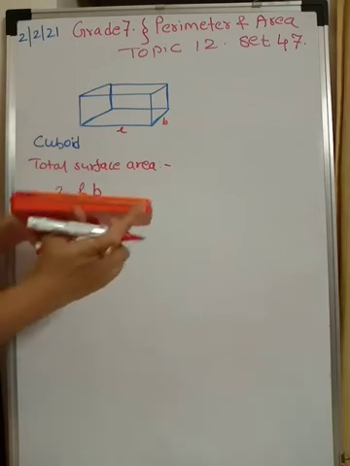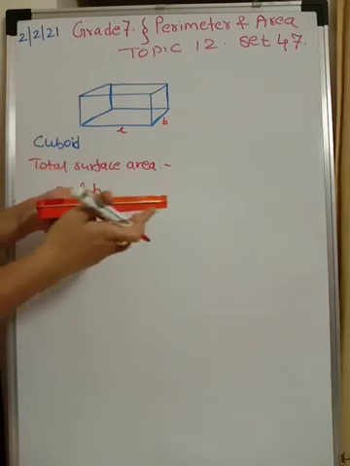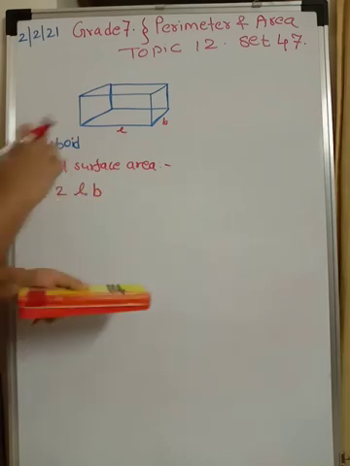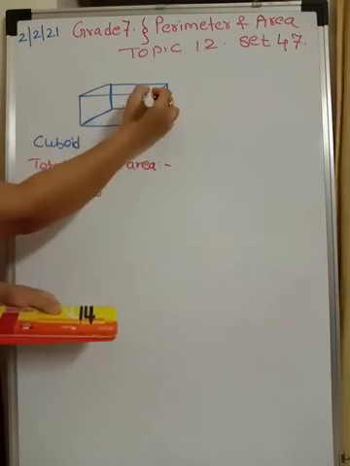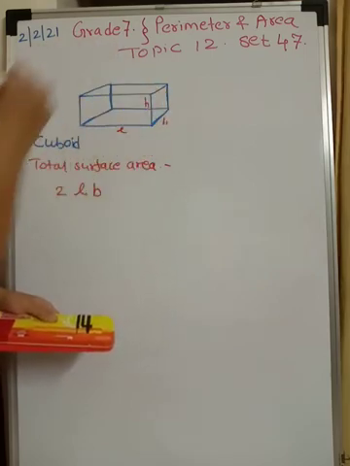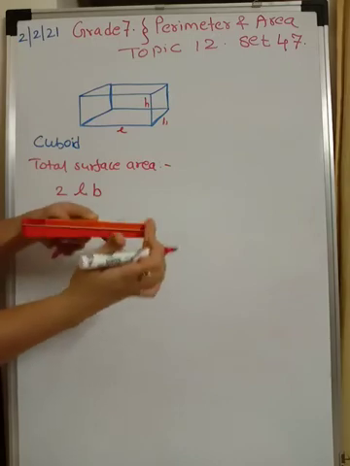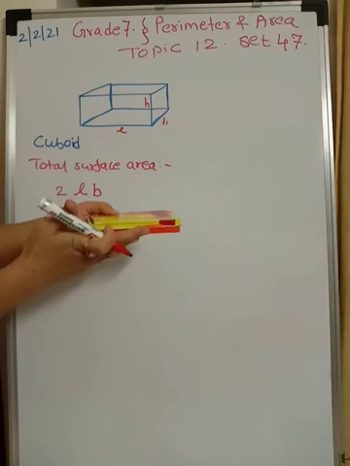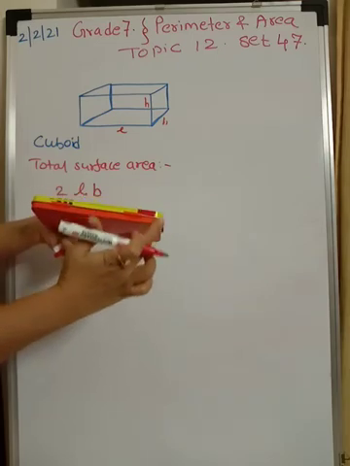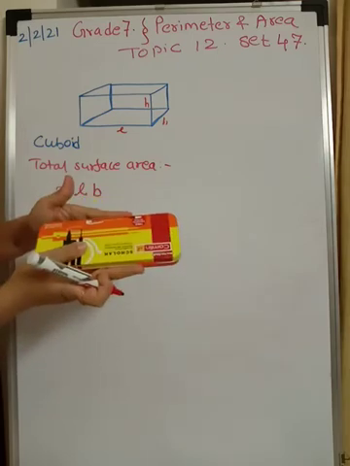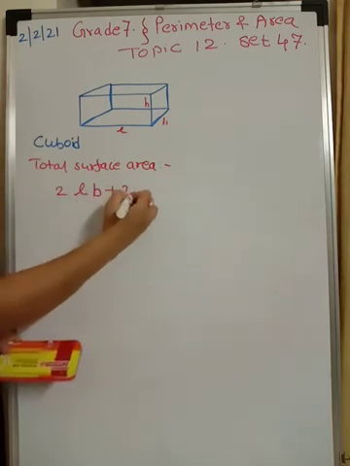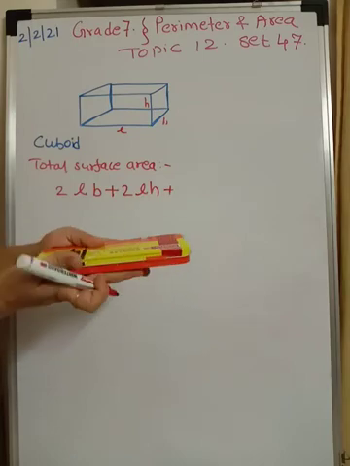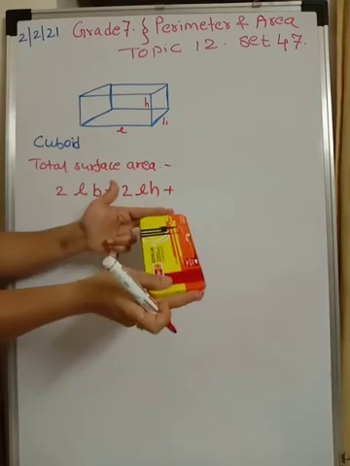Now coming back to this face. This is again length, but this is the height. So if I speak about this surface area and this surface area, it would be length into height. And this is also coming twice. So you have plus twice length into height. This 2 are over, this 2 are over. Now this surface and this surface is remaining.